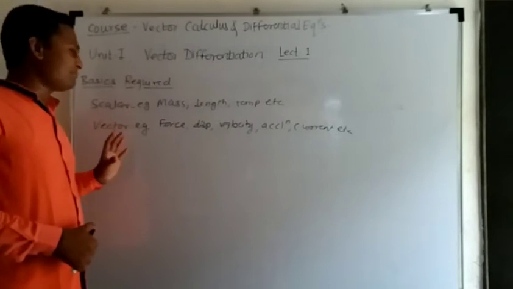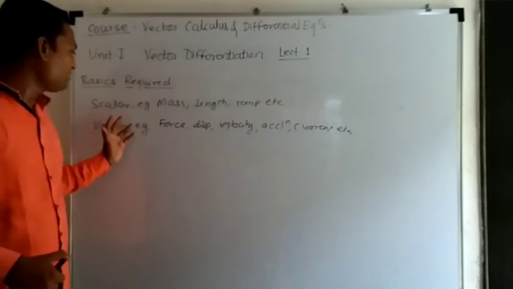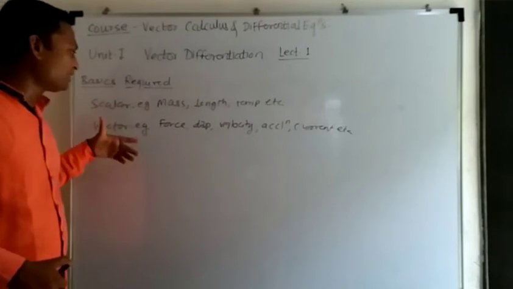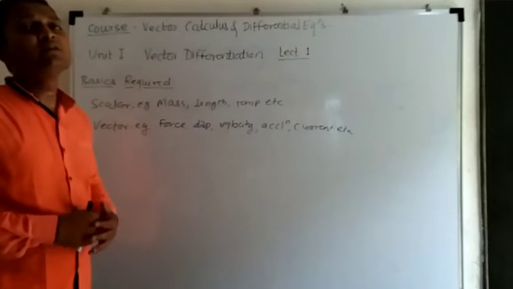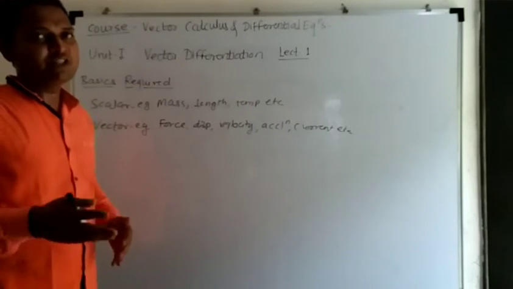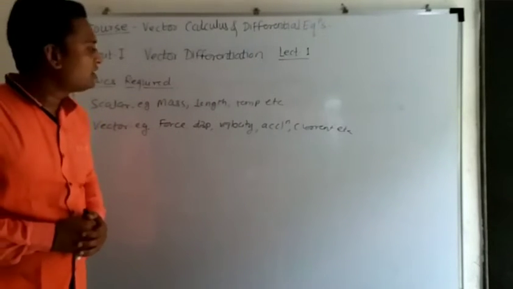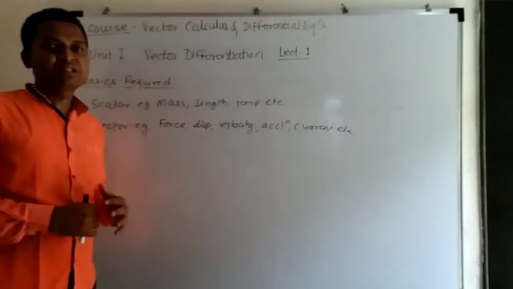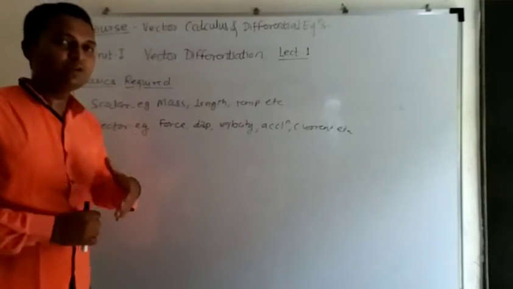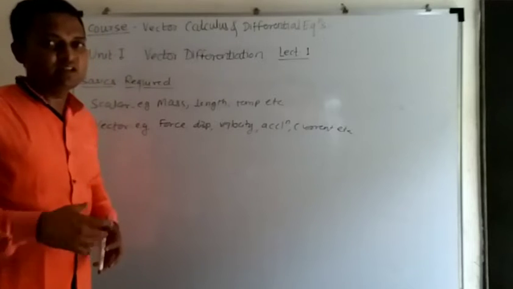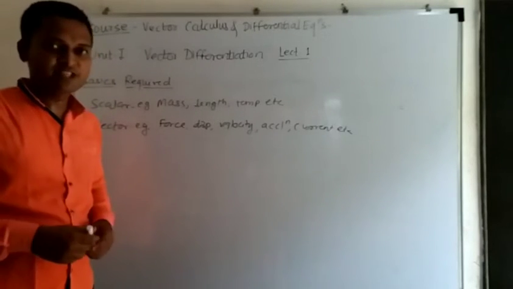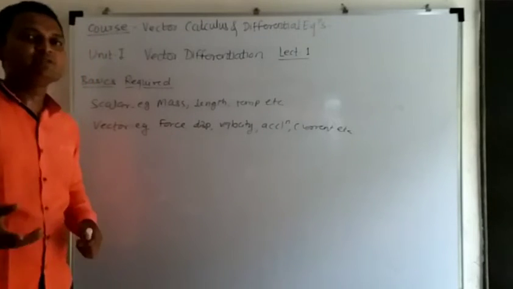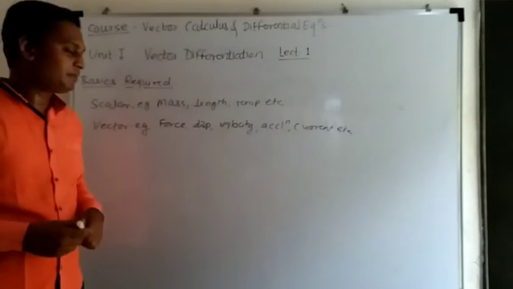Okay, so these are the definitions of scalar and vector, and this is the difference between scalar and vector that you must understand. The quantity which is having only magnitude is called a scalar quantity, and the quantity which has both magnitude and direction is called a vector quantity. So one must understand the difference between these two, then only we can understand the further topics. And it is very important to make the difference between scalar and vector quantity while dealing with the coming topics.